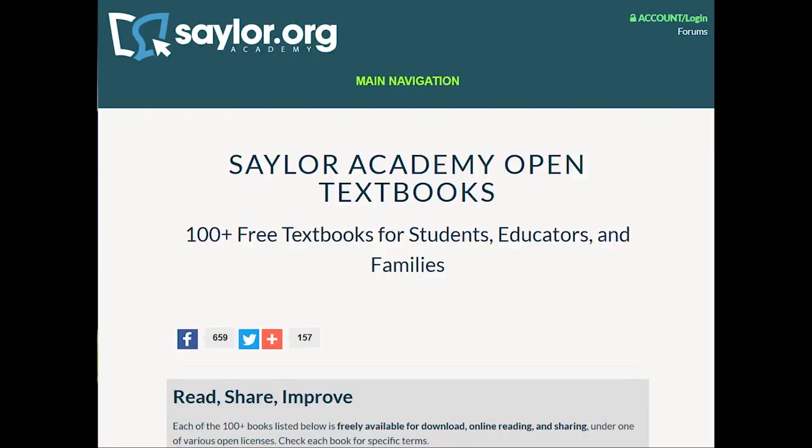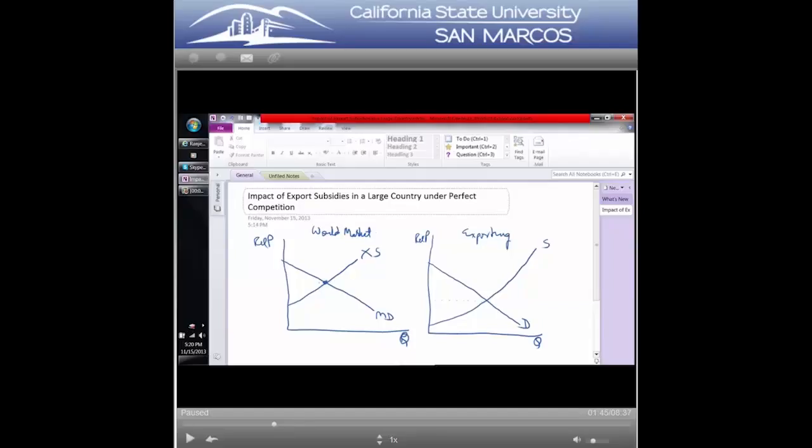I found an open source textbook, which I didn't use all of because I didn't like all the chapters, but that's the good thing about open source books. You don't have to use all of it. So I used some of it, and then I actually kept some chapters from the textbook I was using, the Krugman book. And then I added some videos using Camtasia, and then a whole bunch of other materials off the web, games and quizzes, things like that. It's worth taking a look and seeing, is there something that you can do? And I felt like this was something I could do for my students that gives them the same or better quality at much lower cost.